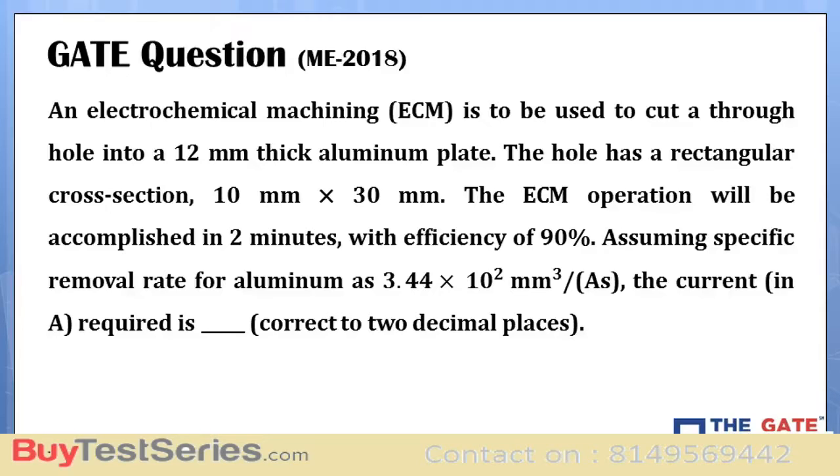Assuming that a specific removal rate for aluminium is 3.44 into 10 to the power minus 2 mm cube per ampere second. Now the current in ampere required is, so we have to find out the current. So we'll write down the given data. So given data we have